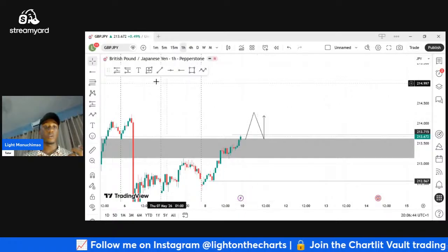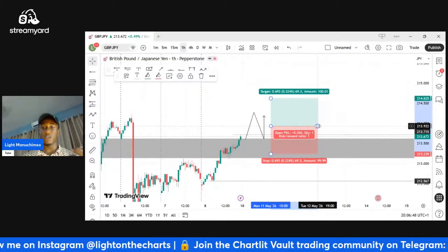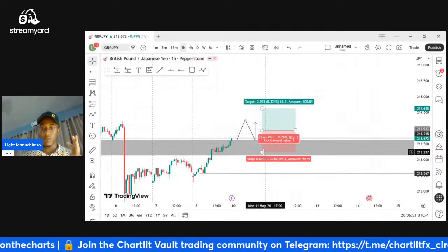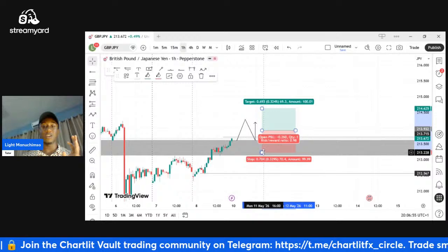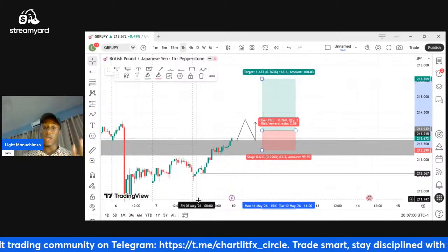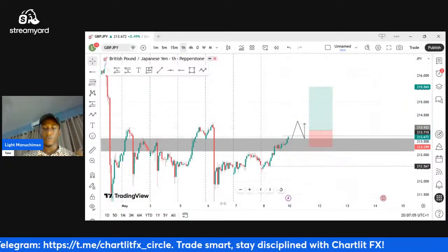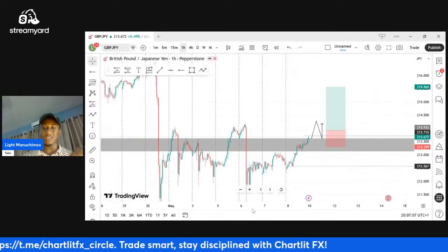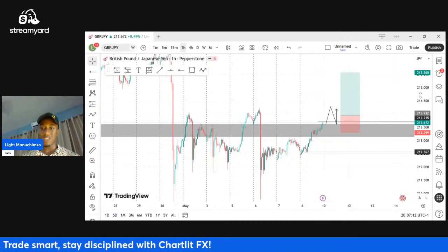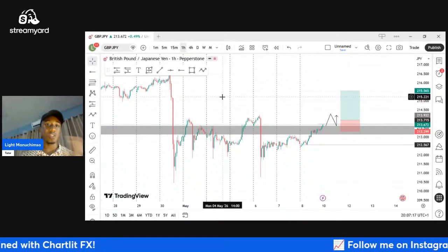So on GBP JPY too as well, I'm looking to buy. That is my outlook. I'll be looking to do more buys on GBP JPY. That is likely what's going to happen. It's more likely to happen. Like I told you guys, trading is a system of variance. We trade probabilities, not certainty. So this is more probable to play out as buys based on my technical analysis,